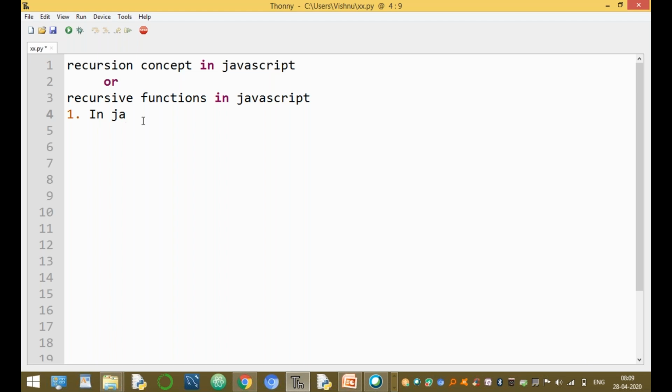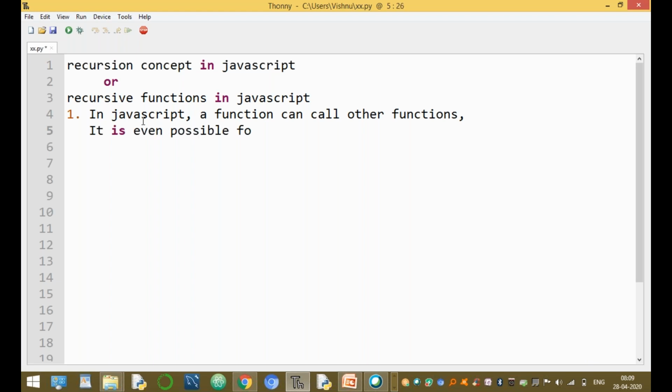In JavaScript, a function can call other functions. It is possible, and it is even possible for a function to call itself.